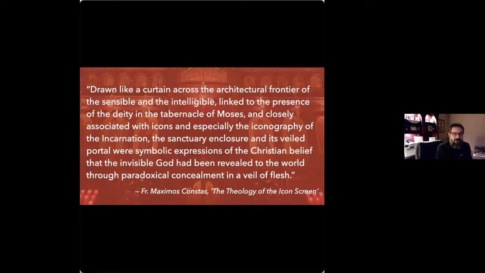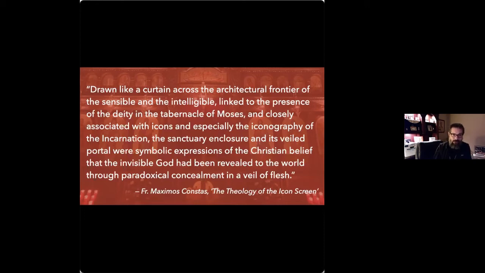And this is what he says about the icon screen. Drawn like a curtain across the architectural frontier of the sensible and the intelligible, linked to the presence of the deity in the tabernacle of Moses, and closely associated with icons, and especially the iconography of the Incarnation. The sanctuary enclosure, in other words, the Iconostasis, and its veiled portal were symbolic expressions of the Christian belief that the invisible God had been